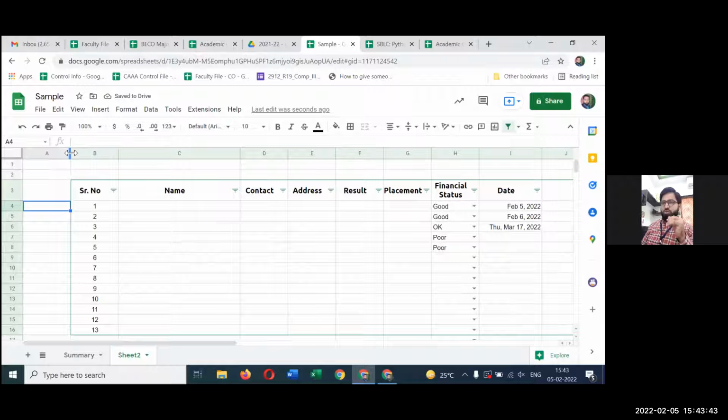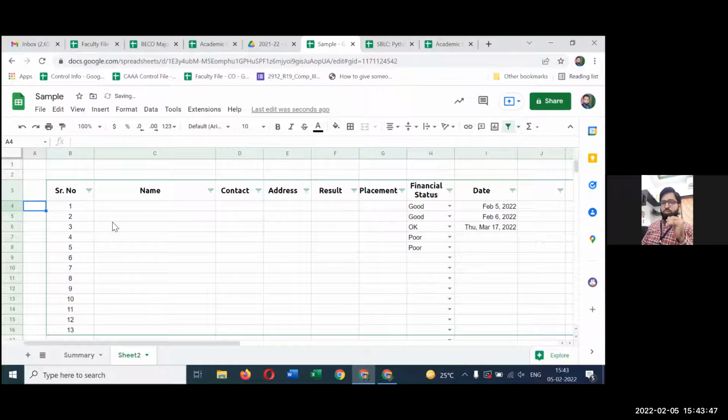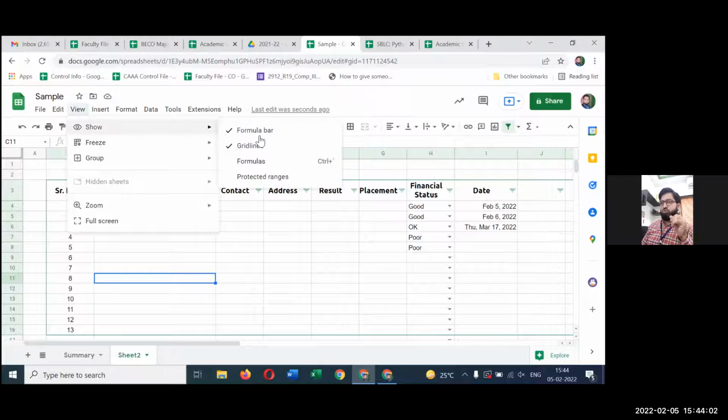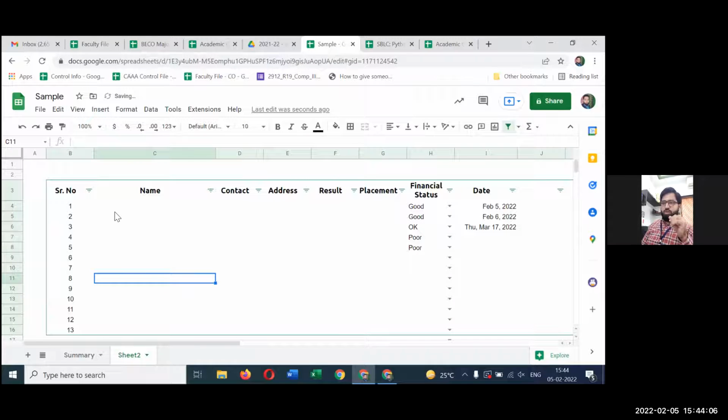What I will do, इसको मुझे थोड़ा शॉर्ट कर देना है. Okay, now this improves the presentation and the readability of my data. Fine. इसके बाद में मुझे क्या करना है, I should always keep this, ये जो ग्रिड लाइन्स है ना, इसको ऑफ करके रखना है. So for that I will go to view, शो एंड ग्रिड लाइन जो है इसको डिसेबल। ठीक है, अब ये लुक एंड फील में इंप्रूव हुआ।